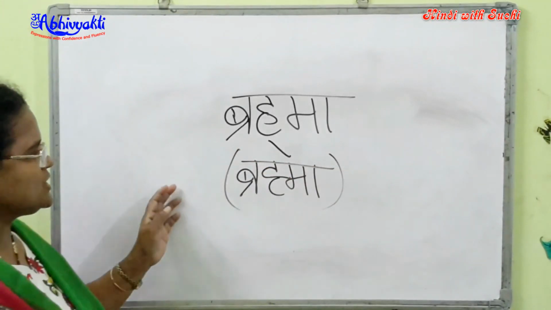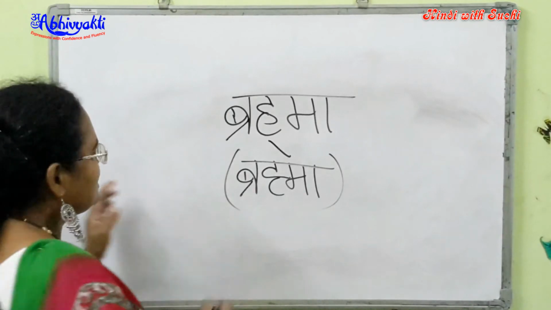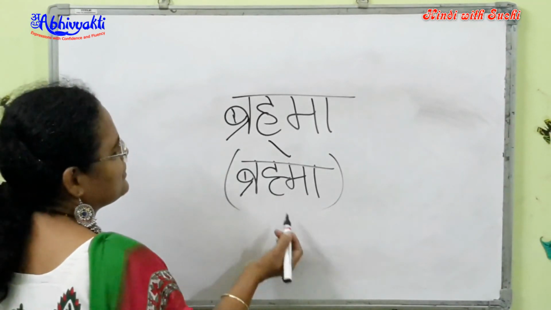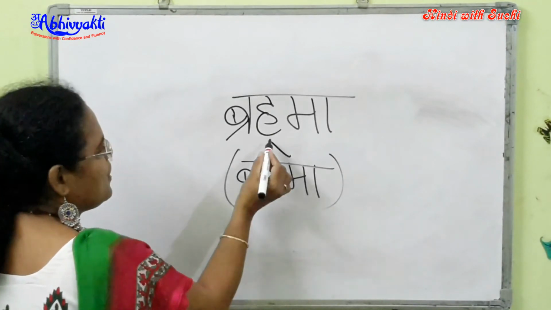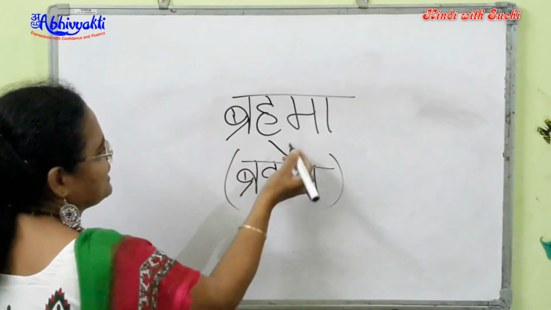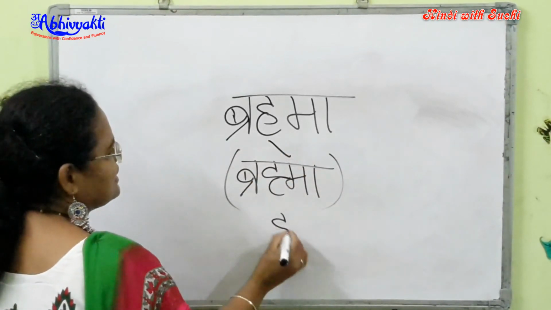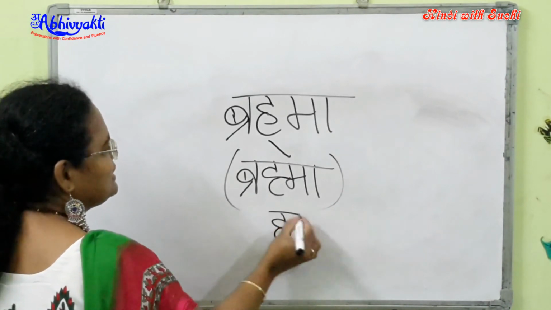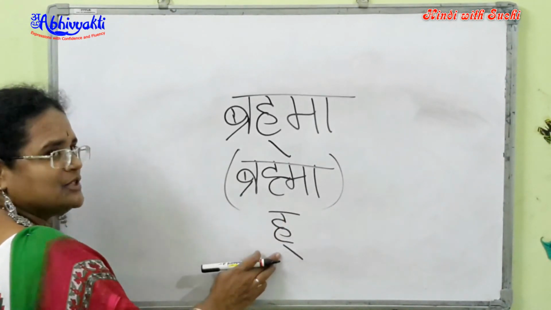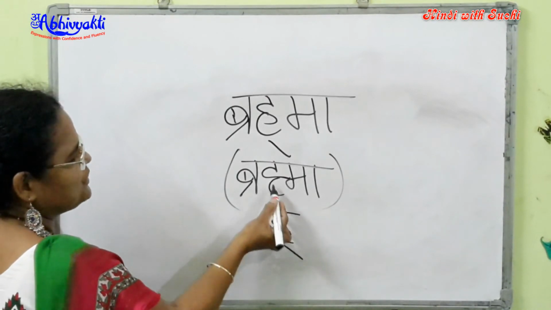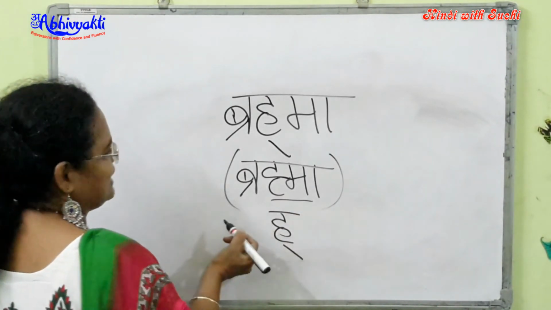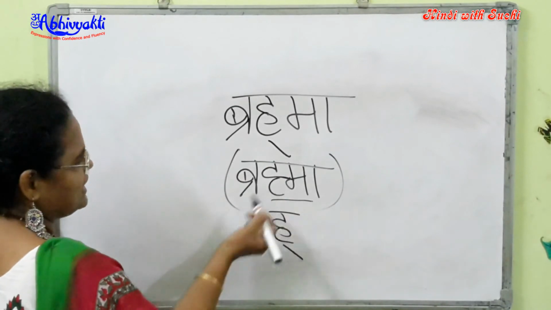Well, there are two ways of joining the h. The h, mostly in some prints you will find it joining from the center like this, or for writing, most of the time for children, we ask the h to be written with the halant line because this is very easy for the kids. So you can also do that, but in print, you get used to looking at h and m like this, or h with any other letter like this.